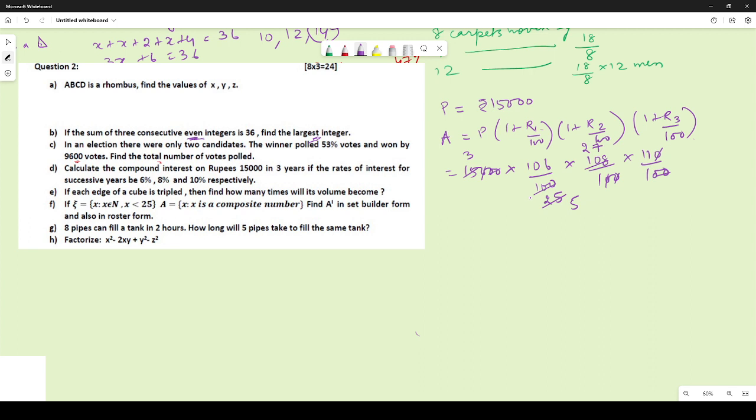So what are we left with over here? 3 into 106 into 27 into 11 by 5. So that is what we are left with. When you multiply them and do the calculations, the correct answer will be